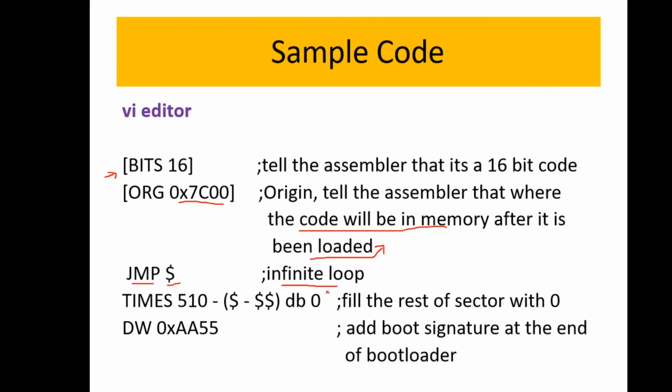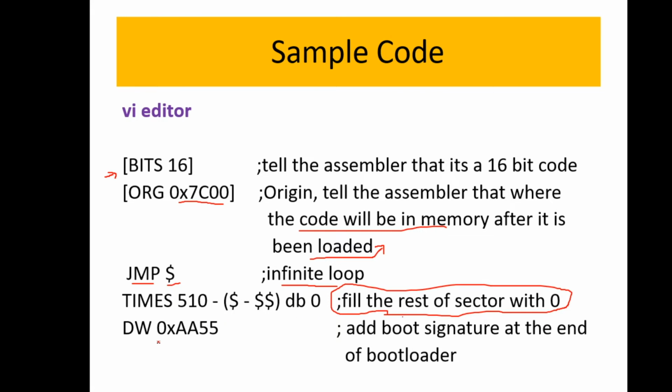Okay. So now we know that we are left with the last two bytes, 510 and 511, which will be loaded with this magic number. The rest of the sector we are going to fill with 0, because we are not going to use it for the current application. So from 0 to 510, less than 510 is 509, so from 0 to 509, your values will be filled with 0.